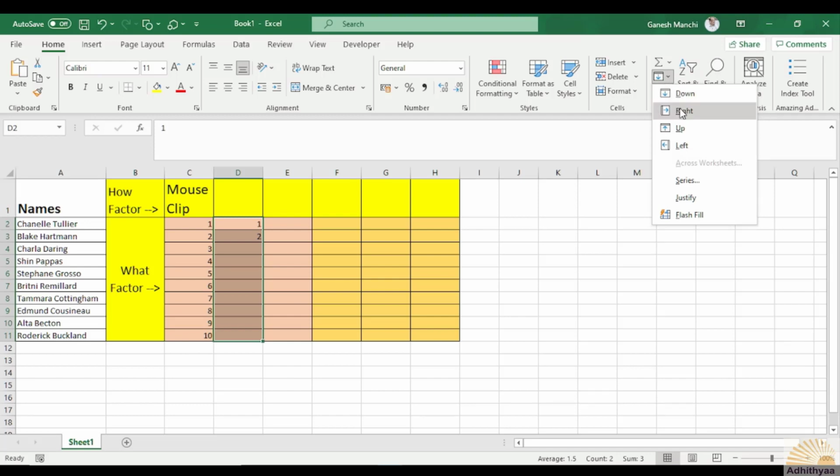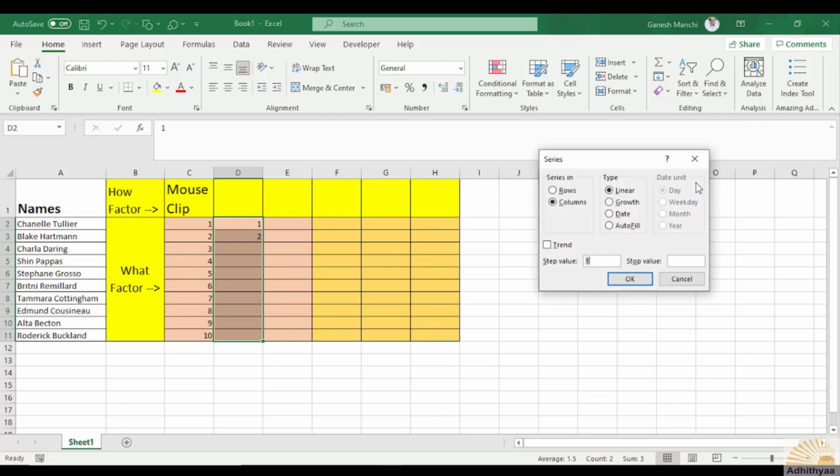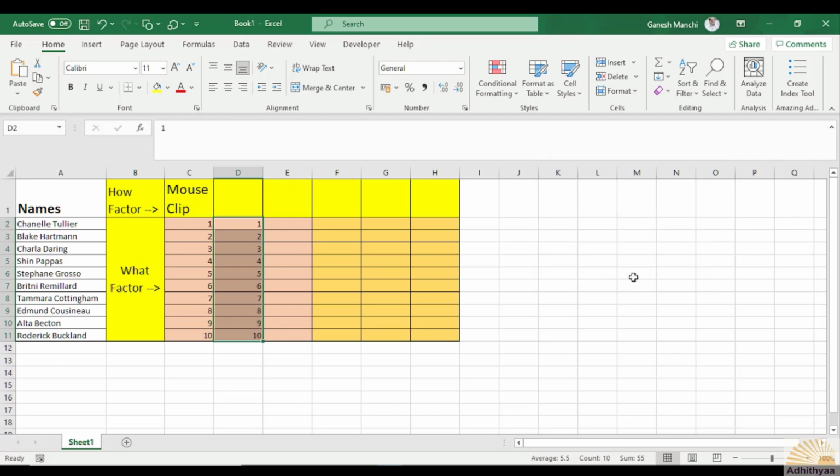There are so many options available to fill this. Under this particular drop down, you can see the series option, fill series. You can click on this and choose what type of trend you want to have. Start value is equal to 1 and stop value is equal to the same way. So you just press OK and then it gets filled up.